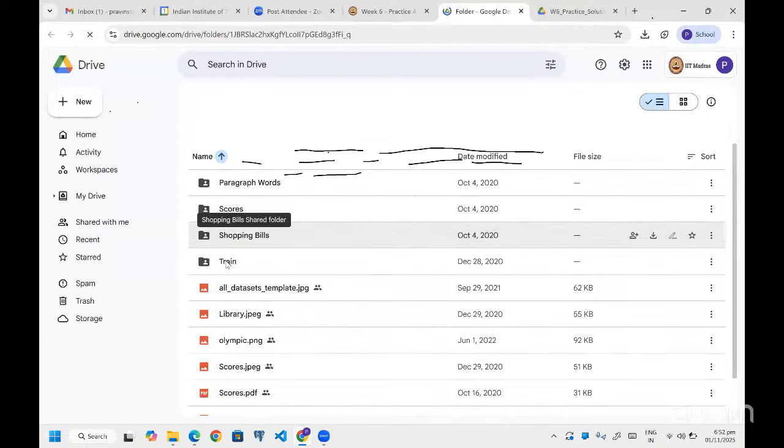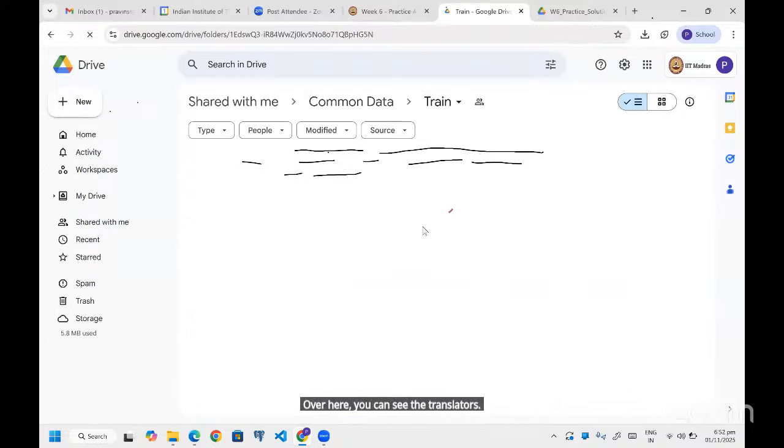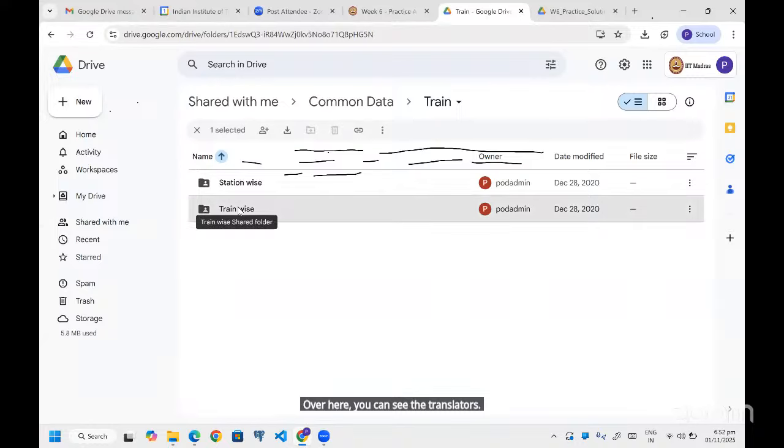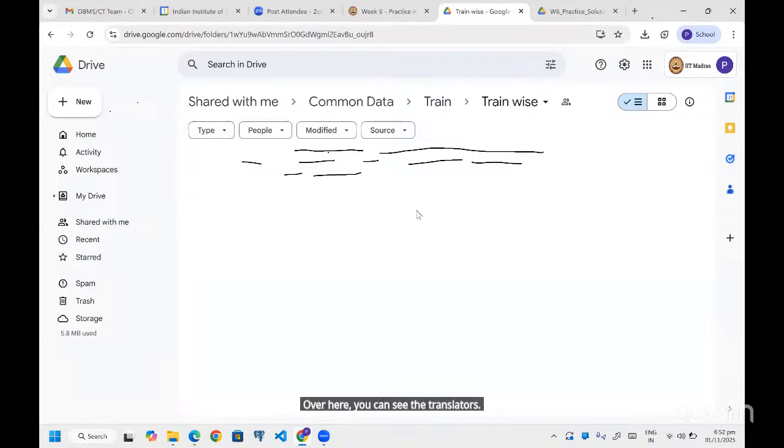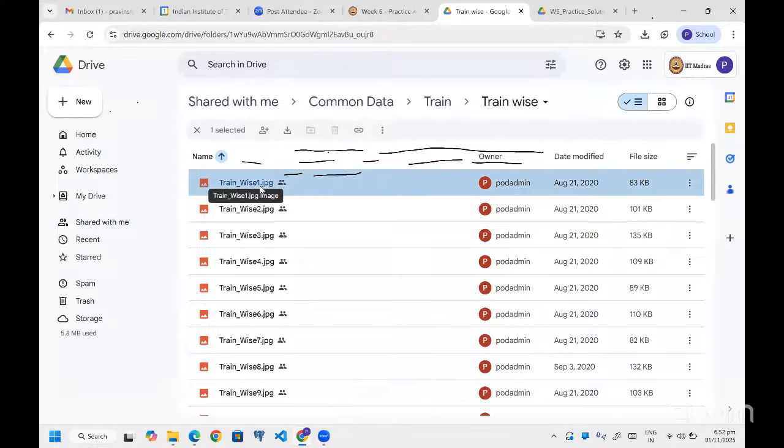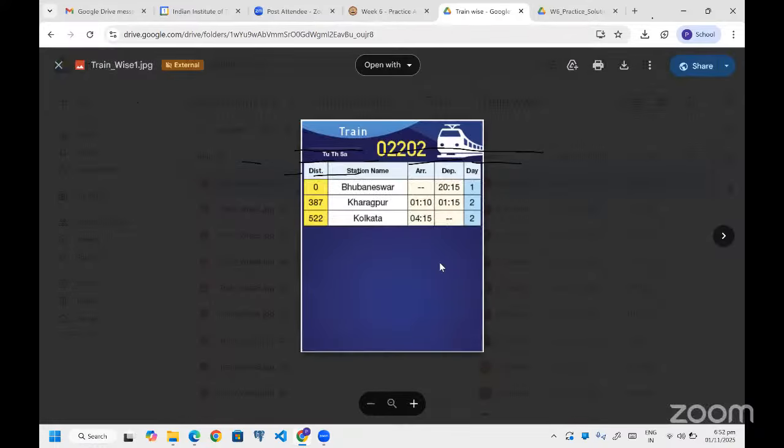So over here, you can see the train status. What they are having as a list is this day. For example, this train 02202 has days 1, 2, 2. So this train has a list 1, 2, 2. This is what they are referring to in the question.